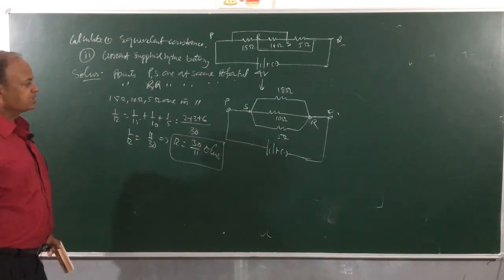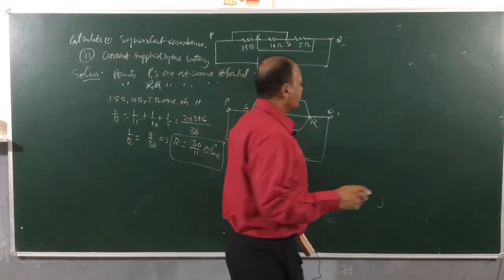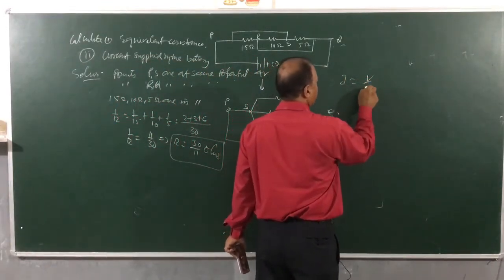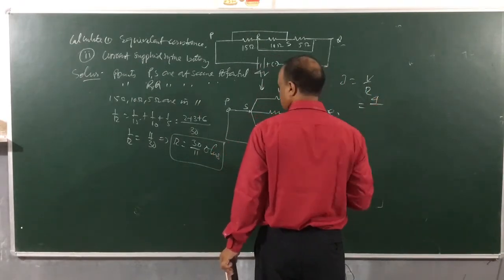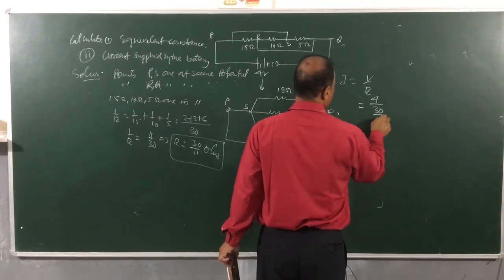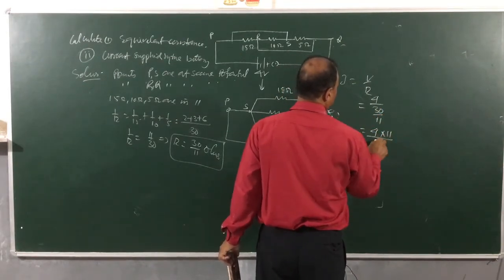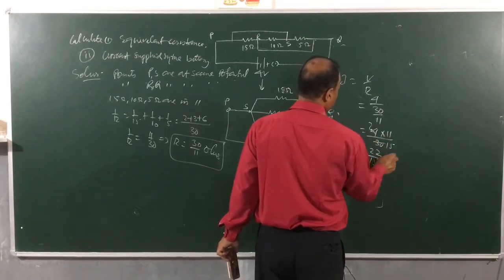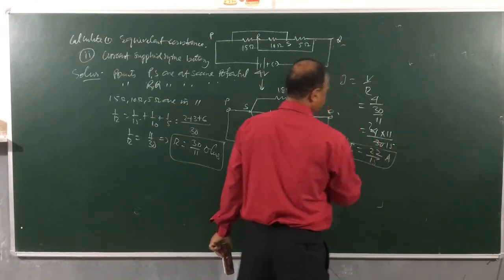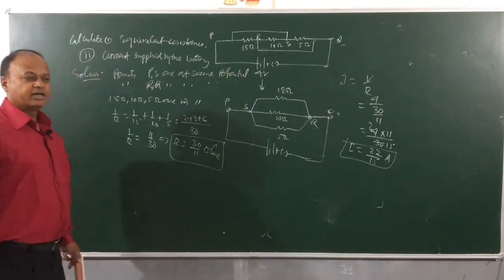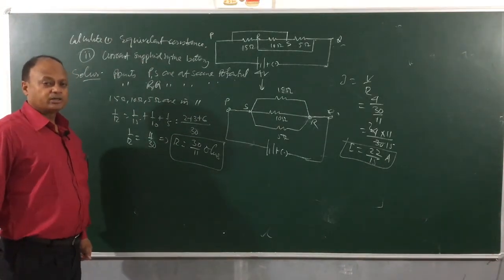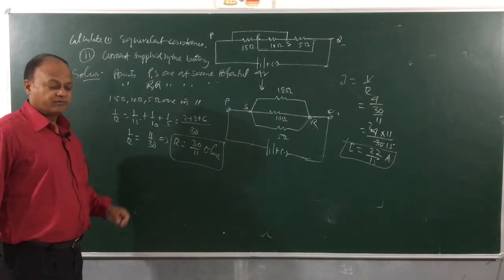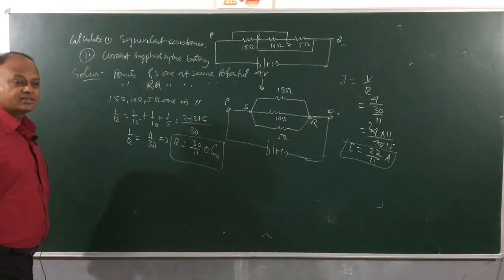Now, the second one is how much is the current supplied by the battery. So, current supplied by the battery I is equal to how much? V by R. And how much, children? V? V is how much? 4. R is how much? 30 by 11. So, it is 4 into 11 by 30, 15. So, we have 22 by 15 amperes. So, this is the current that we got. Okay. Now, I will be saying a problem on pseudo contact where the contact point will not make a difference. Let us see that.